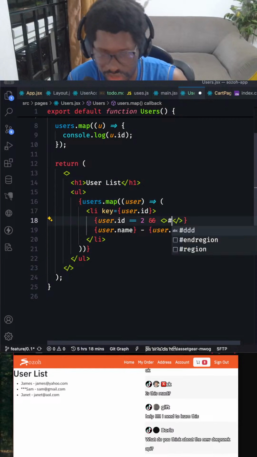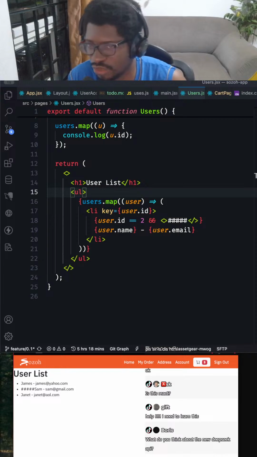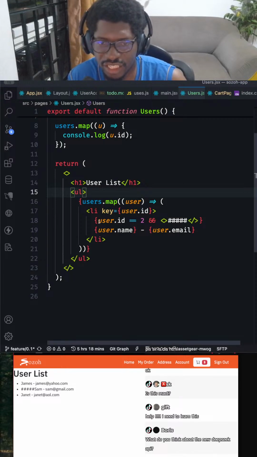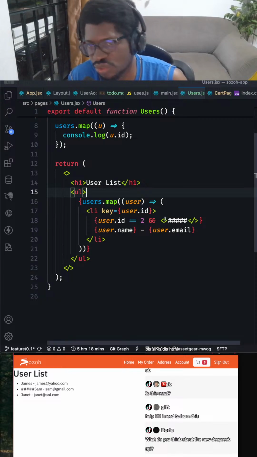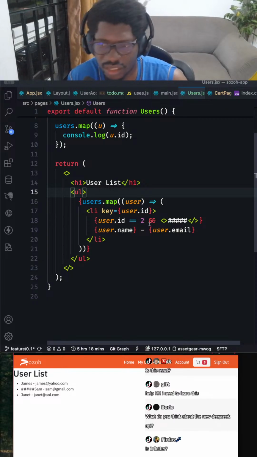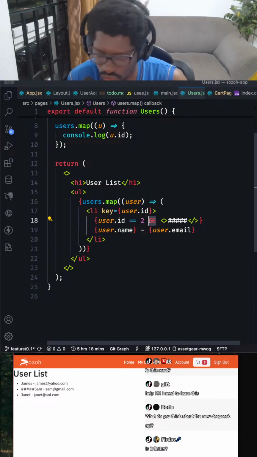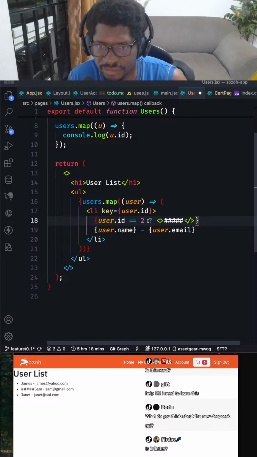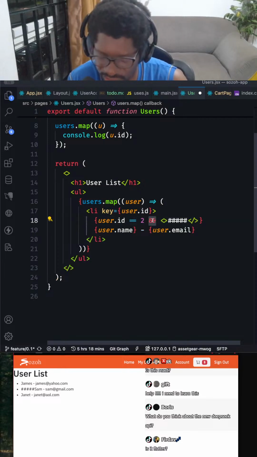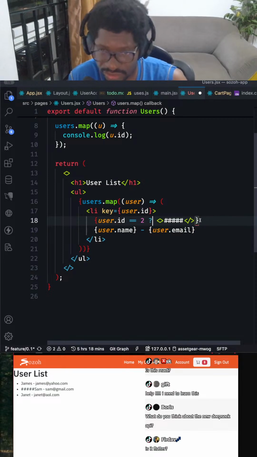Let me put hash. Then the rest should show $$ or something like that. So if it is 2, show hash. Then how do I do the else? How do you put the else into it? It is by changing this one from and to question mark. Changing it from and to what? To question mark. That way it becomes a ternary operator, which